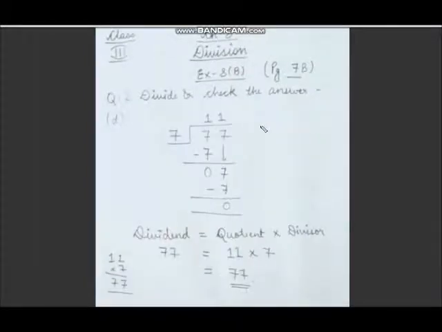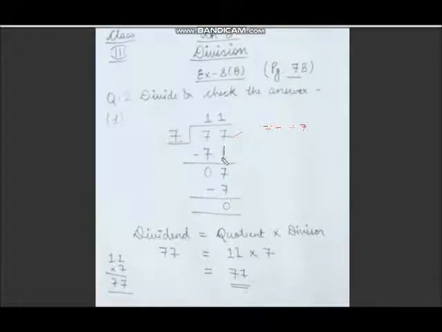Let's take one more example in which we have to divide this 77 by 7. हमें 7 से 77 को divide करना है. So 7 we will write in the divisor, 77 we will write in the dividend, and in the table of 7, 7 comes one time. So यहाँ पे हमें first digit देखना है पहले. So 7 की table में 7 one time आता है, 1 we will write in the quotient part and then we will subtract the 7. So 7 times 1 is 7 only, 7 minus 7 is 0.